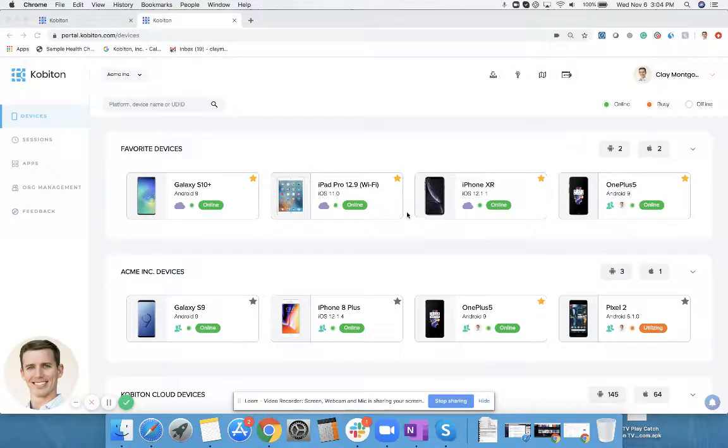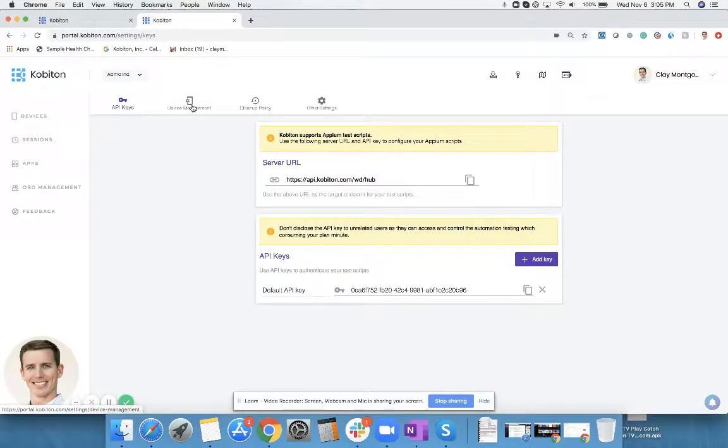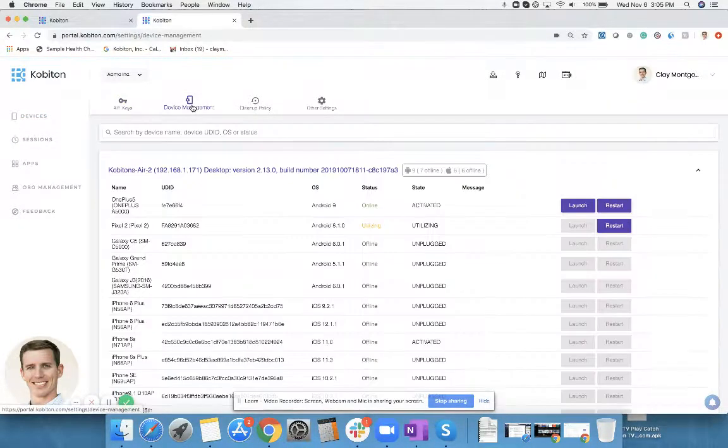I'm going to quickly show you how to reboot a device in the Kobiton platform. So if you have any private or local devices, you are able to reboot those devices from the Kobiton web interface. So you can simply come up here, go to Settings, and then Device Management, and you'll be able to